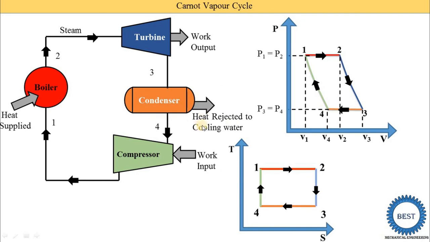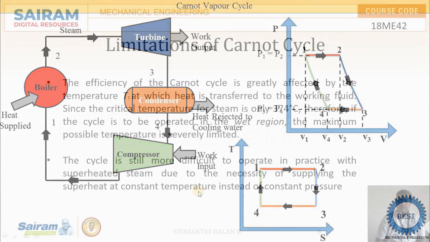In the condenser, heat is rejected at constant temperature, meaning T3 and T4 are the same. Steam is converted into water but its temperature is the same, that means we draw a horizontal line. When we take the projections of point 3 and point 4 on the y-axis, we get only one point, meaning T3 is equal to T4. And in the compressor we supply some work input, meaning this work is converted into heat, its temperature is increased and the entropy remains constant.